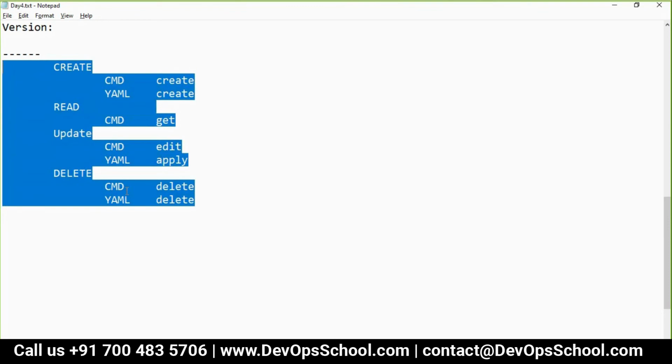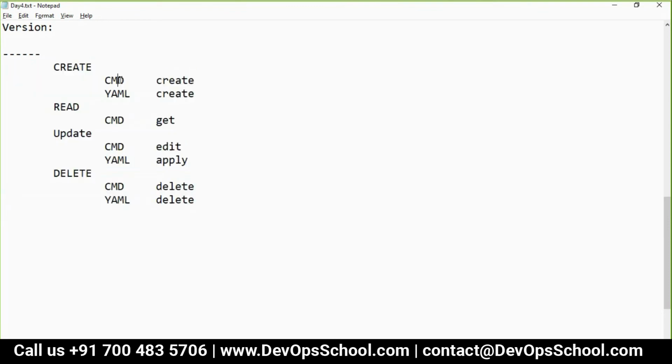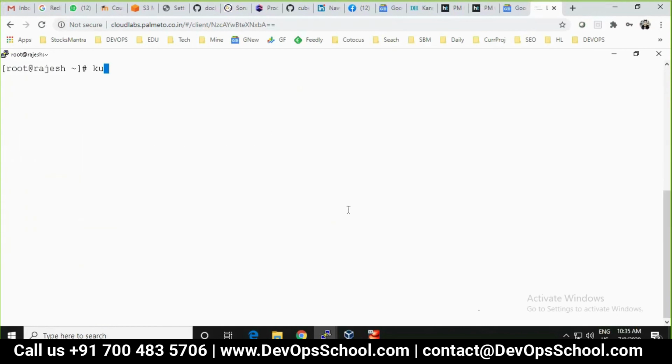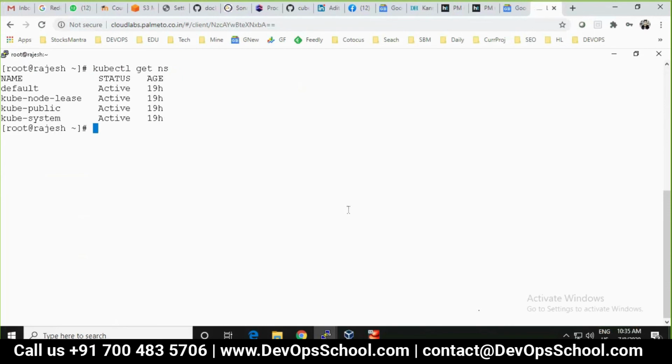Okay, so this is the stuff. Now first let me try with the command line: create, read, update, delete. First, namespace. So you will get confident about what I'm talking about. First thing, kubectl get namespace.